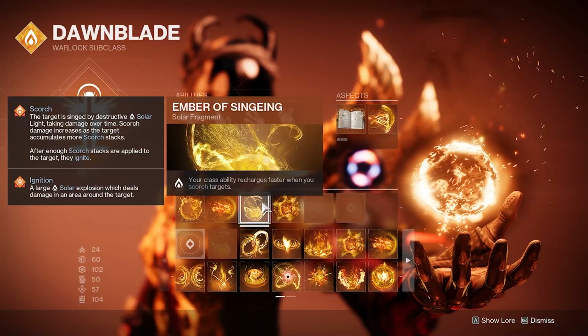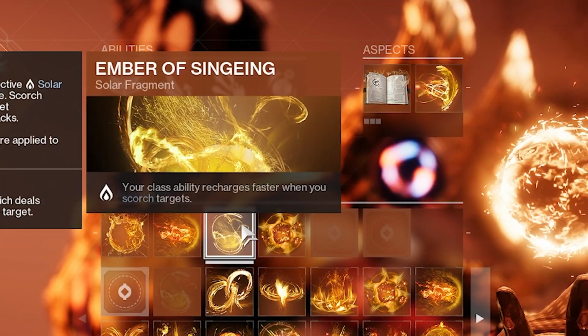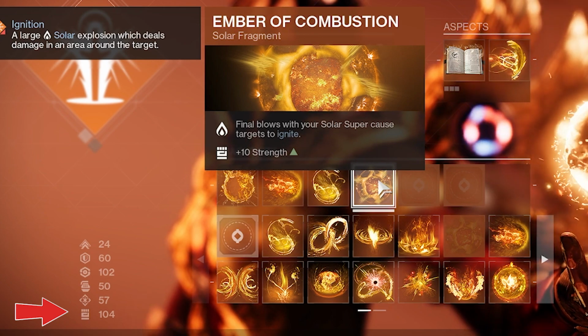Ember of Singeing is our next choice, which will recharge our Phoenix Dive when we scorch targets. Again, thank you Celestial Fire. Our final fragment will be Ember of Combustion. Not only does it provide a stat boost to strength, bringing mine to 100 for those super fast melee charges,